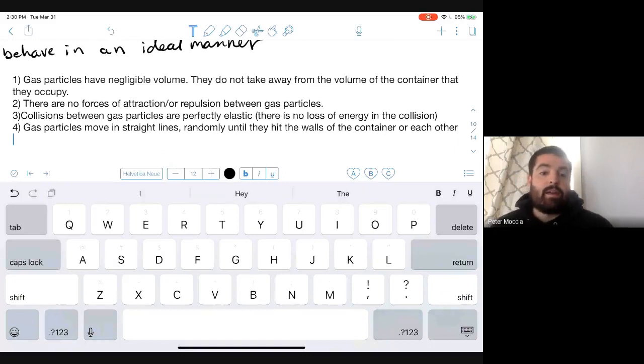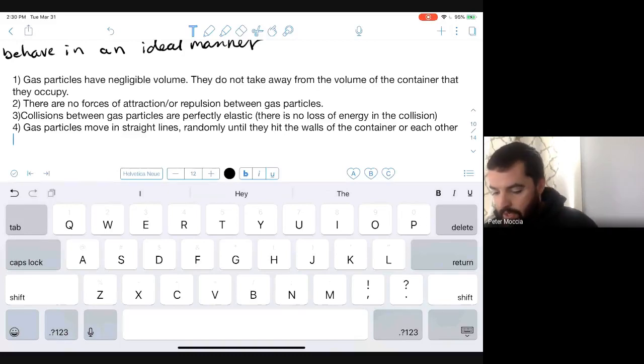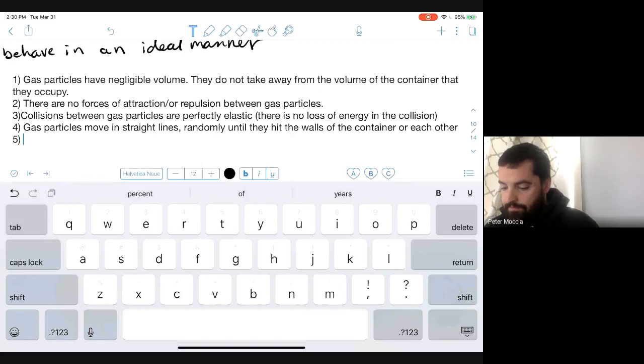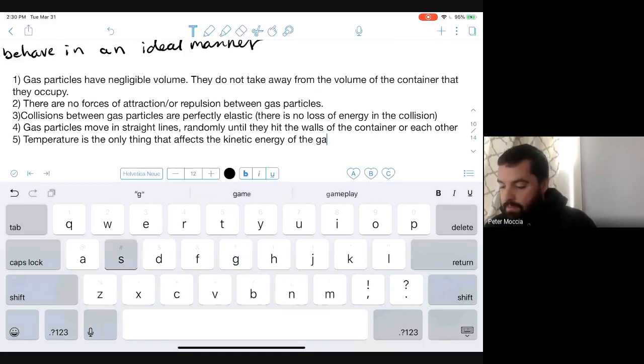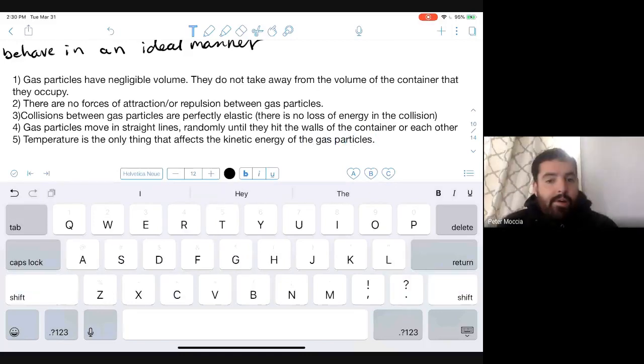Okay. And lastly, and possibly the most important thing, is that the temperature is the only thing that affects the kinetic energy of the gas particles. Okay, so those are the assumptions that we have to make about gas particles for them to behave in an